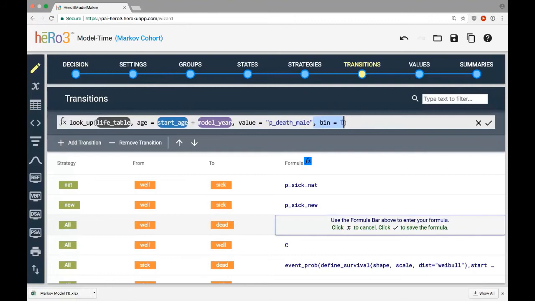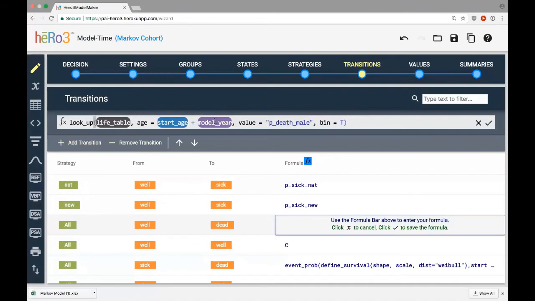If you recall in Excel, the VLOOKUP function allows for inexact matching. And so if you have a value, for example, if it's looking up year 1.2, and in the table there's only options for year 1 and year 2, then it will use the option for year 1. And so that's just making sure that if the cycles don't exactly align with integer number of years, that it will look up the appropriate value. So that's what this optional argument bin equals true does. If you set bin equals false or leave it blank, then it will look for an exact match. But anyway, this function will look up the appropriate mortality rate given the patient's current age in the model.